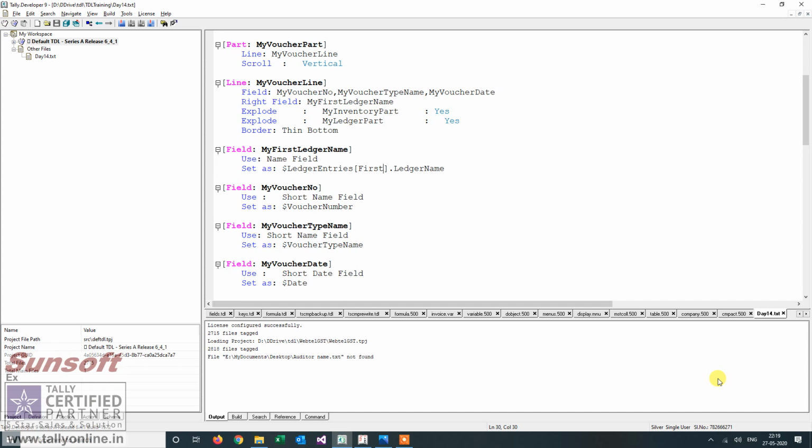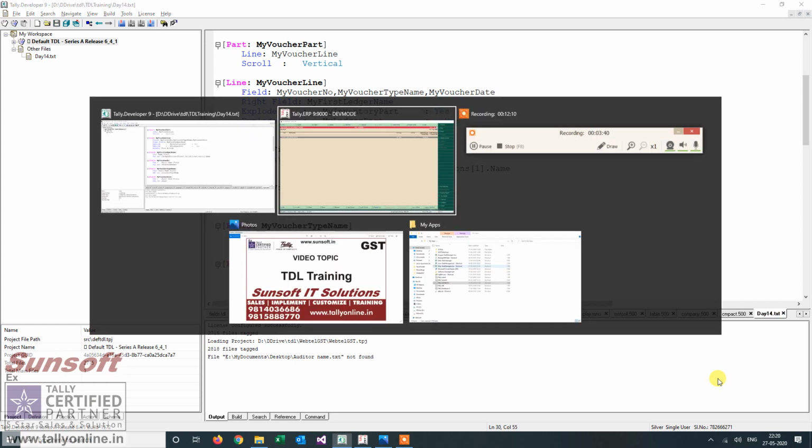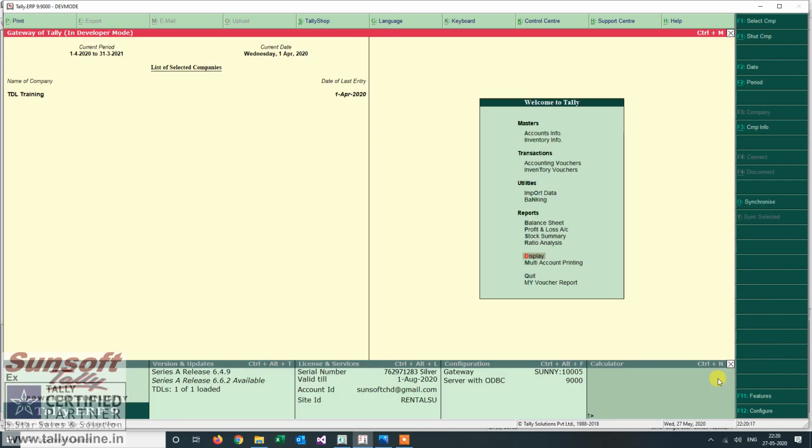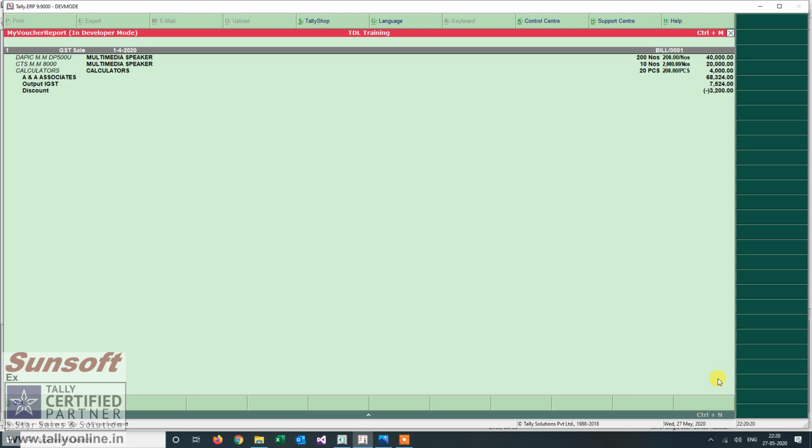Now here I want to print the bill number. Since it is not there in the voucher number, it is there at the reference number. Let us see how we can do that. In ledger entries, that means in the first ledger entry, there is a sub collection called bill allocations. So I go as bill allocations, first dot, I suppose name is the, so I get bill 001. Now I have already explained how to find the method. You have to go to the schema and see what methods are available.